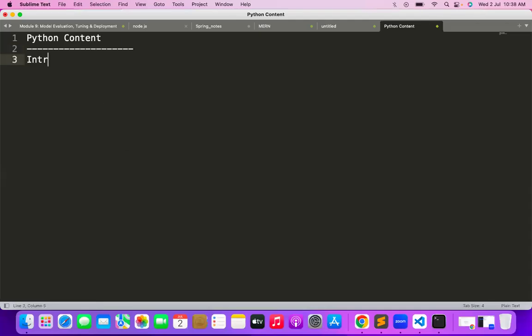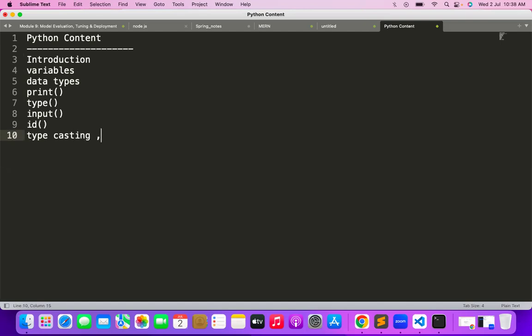Okay. Introduction. After that, variables, data types, print function, type function, input function, id function, typecasting methods